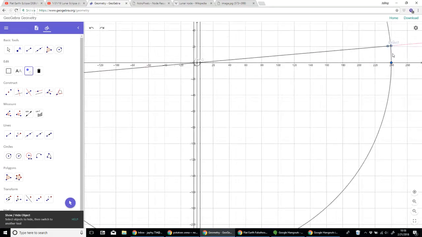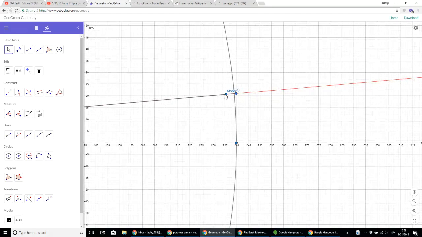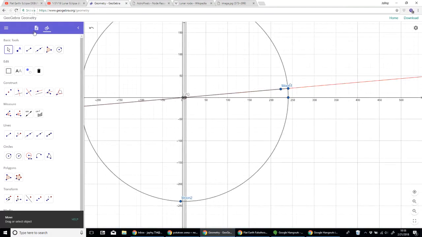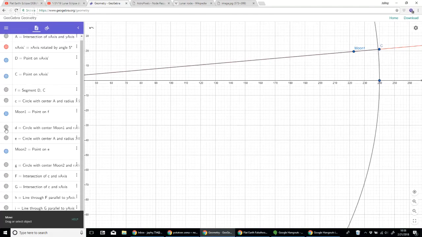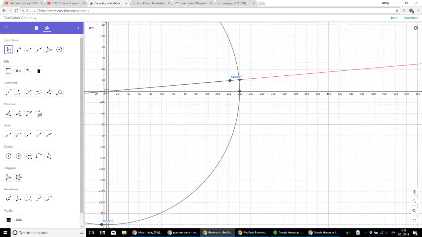Oops. Where is the moon? Let me get this moon back. Okay, so there's the moon. Okay. Okay. So as I was saying,